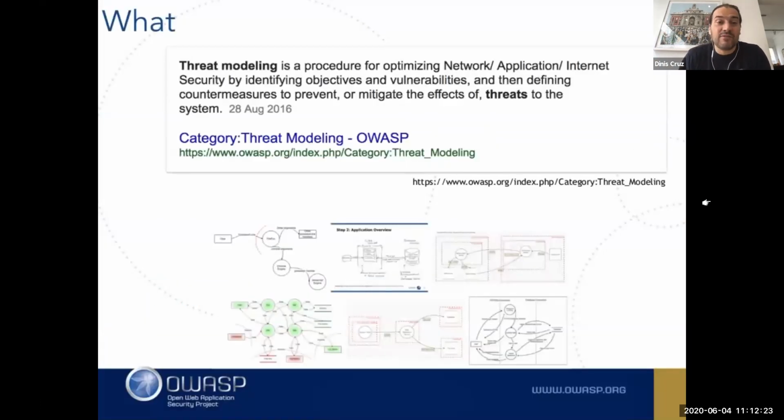Fundamentally, threat modeling is just a process for optimizing the security by identifying objectives and vulnerabilities, and countermeasures. Basically, it's asking the what if. In a nutshell, it's DFD diagrams, or architecture diagrams, and then we just ask a bunch of questions. We do a pen test almost on paper on the system. We raise the awareness of security, but we also sometimes define the scope of what you're trying to do. So the reality is that the sooner you do a threat model and the sooner you build that system, the better it is. The last place you want to do a threat model is at the end.